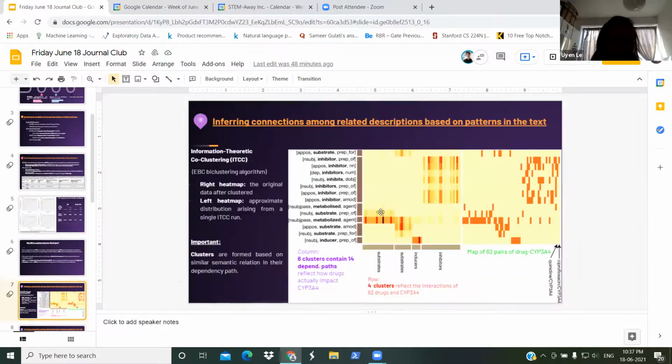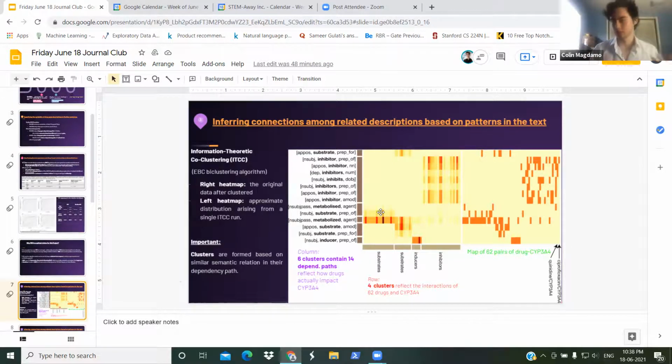About a question? Yeah, go ahead. Colin, I remember somewhere in the paper they said EBC takes into account the semantic similarity between two dependency parts also, while the other classifiers didn't take that into account. So that's why it creates a huge difference in the evaluations. That's a great point. That's kind of the fundamental idea, I think: one method can actually leverage semantic similarity and one cannot.